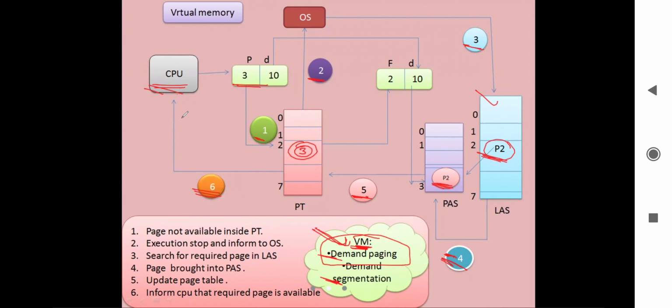These are the 6 steps we have to follow if there is a page fault, which is known as page fault service time, represented by S. So till this part, is it clear?